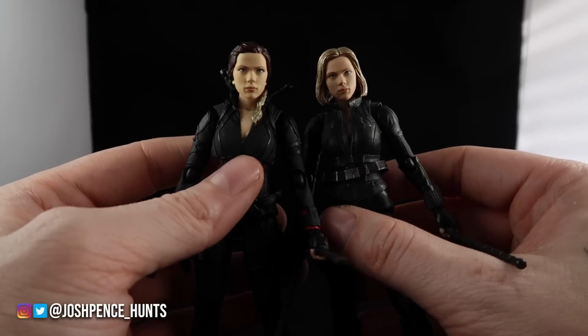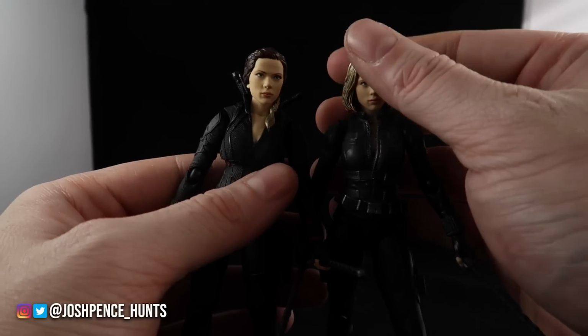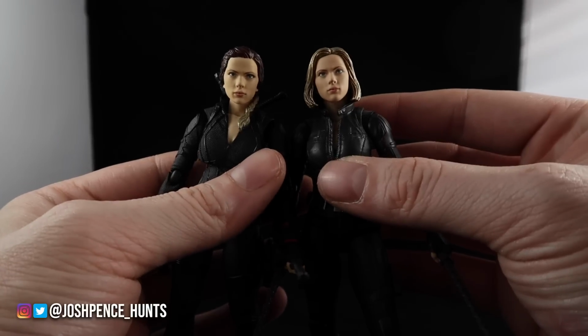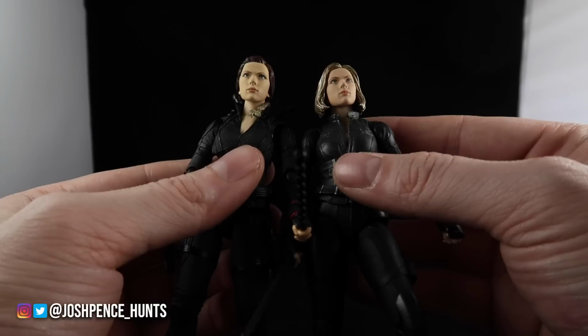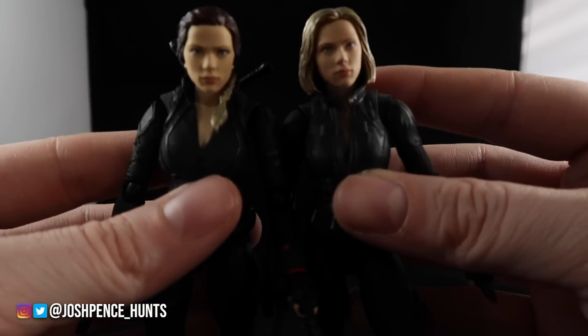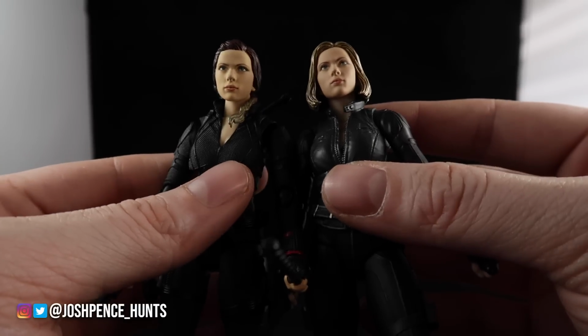So here are the 2 side by side. I still like this Infinity War Widow a lot, personally. Very, very cool. The head sculpt looks good on both ends. You can see not much difference, honestly, in the face. Let's see if I can get a better close-up for you guys. But yeah, obviously the hair is different, but...